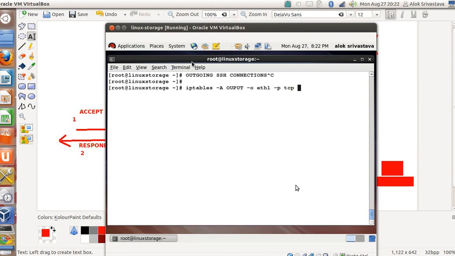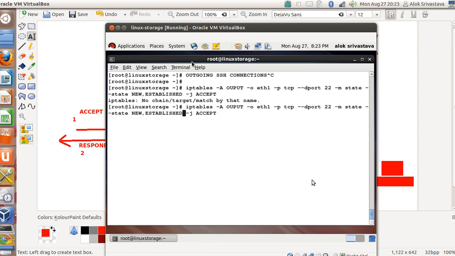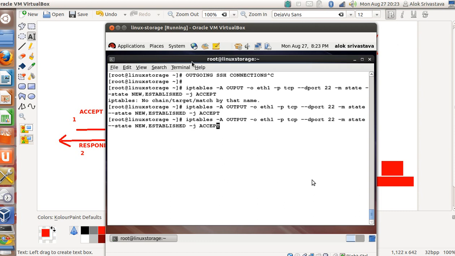The protocol is TCP, destination port is 22, because I am hitting the remote machine on port 22. -m state --state NEW,ESTABLISHED -j ACCEPT. Just a moment, I made a typo here. I just need to give OUTPUT. I always do this. Now repeat the same for